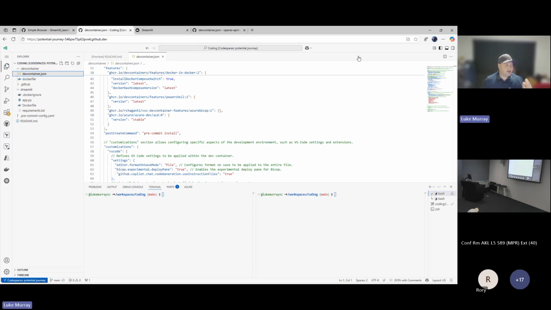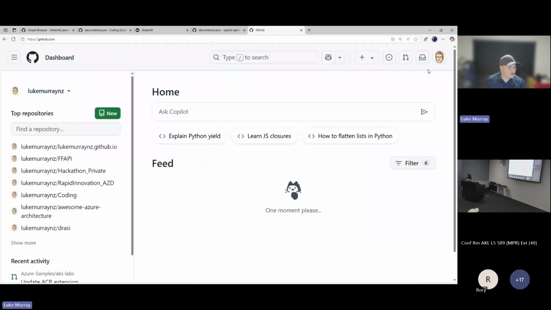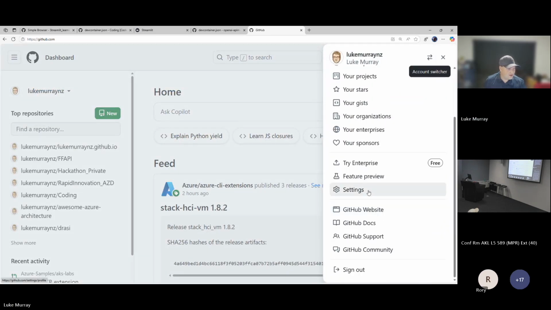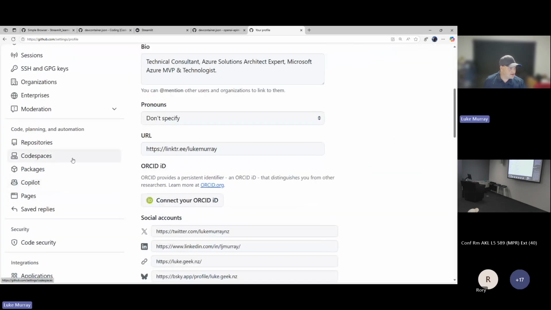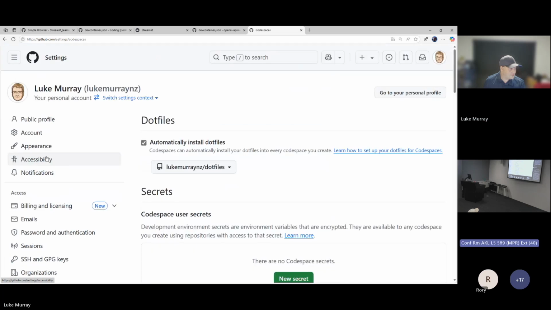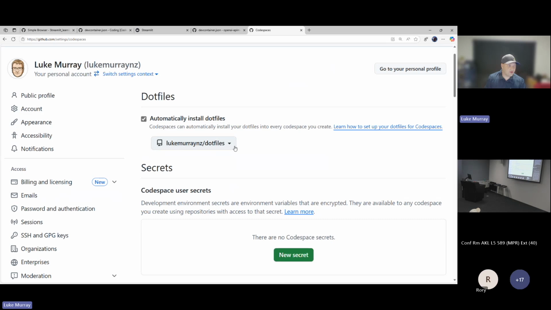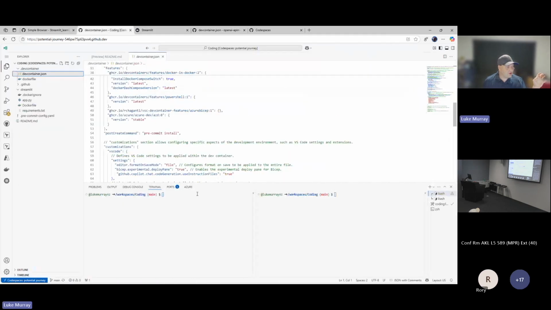environment variables or custom configuration, for example, so I've got the Teams window open, but if you go into your settings and you go to Codespaces, you'll see here a functionality called .files. So what this will do is use the configuration specified. So that custom terminal that I had open before,